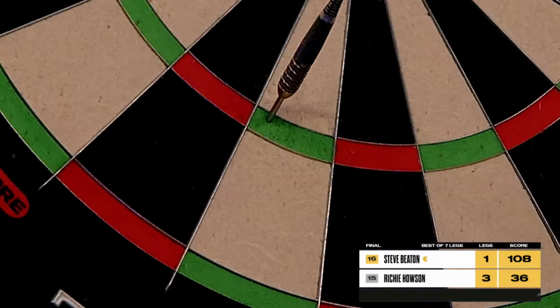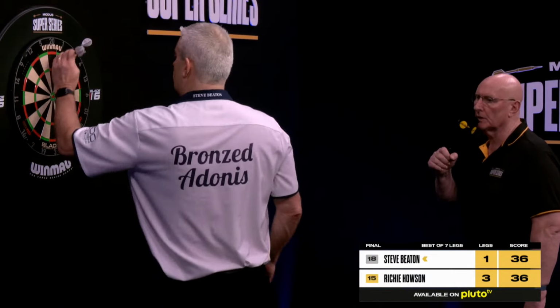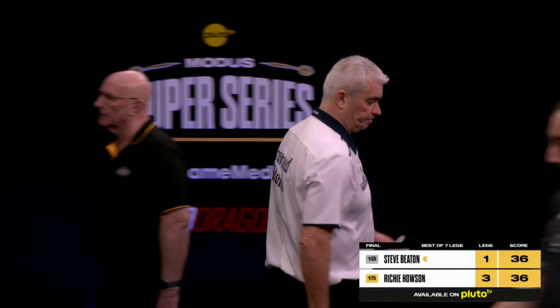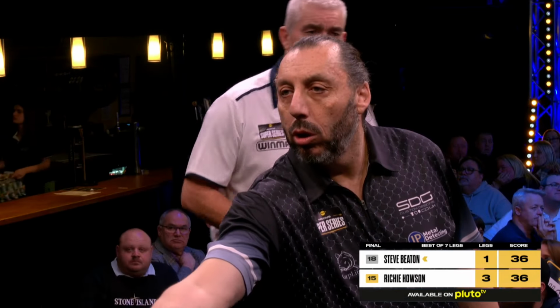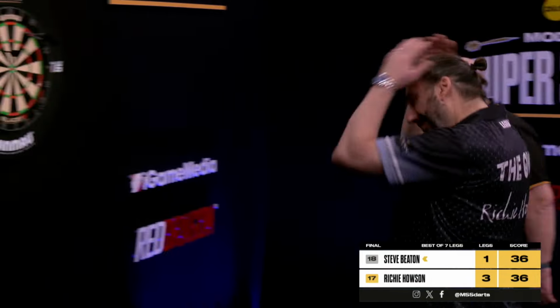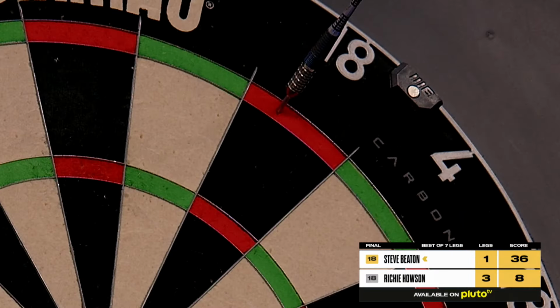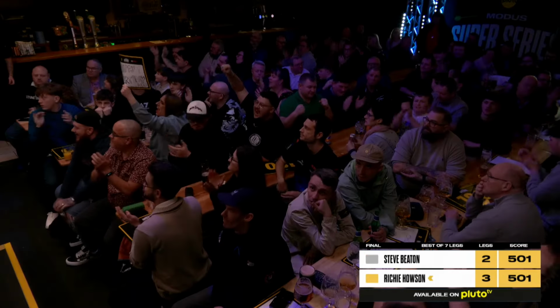He's going to have to recover. He does. And he's going to get a dart at double 18. 72. And the target that he's missed is the one that Howson wants to deliver the title. 2 9s. Doesn't go. Beaton's coming back. 28. 36. 2 match-winning opportunities come and gone for Richie Howson, and Steve Beaton does punish,